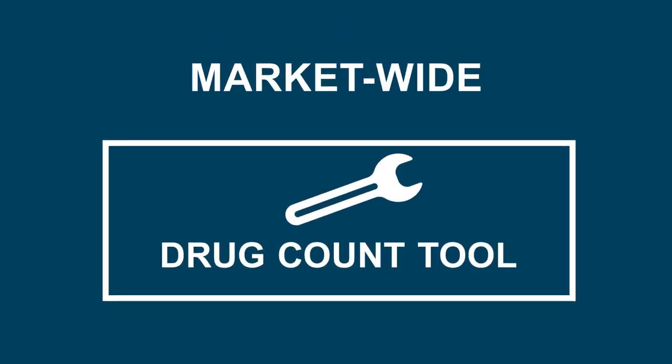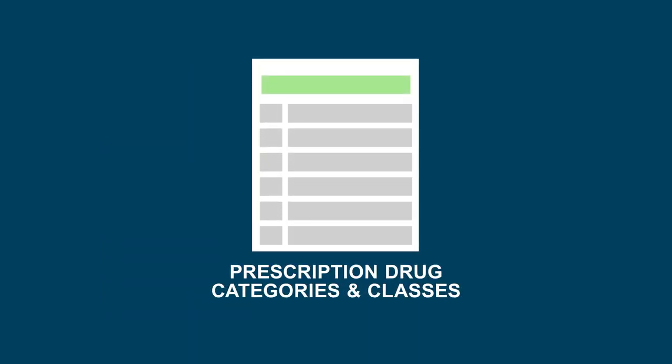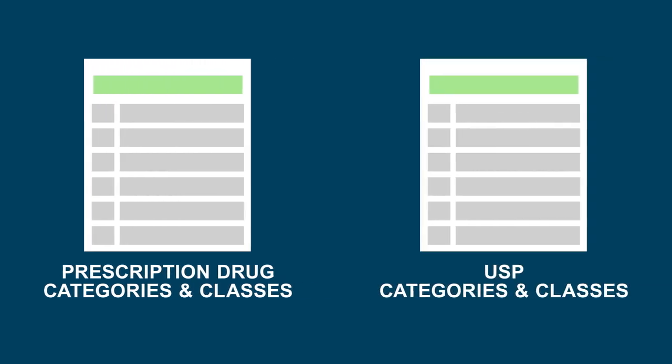Issuers offering products and plans market-wide can use the Drug Count tool to review their health plans. This tool is not specific to those submitting QHP applications to CMS. Issuers are required to include a list of covered prescription drugs for QHPs they intend to offer. QHPs must cover at least one drug in each United States Pharmacopoeia, or USP, category and/or class, or meet the Essential Health Benefit, or EHB, benchmark plan requirements in their state, if the benchmark requires a greater number of drugs.